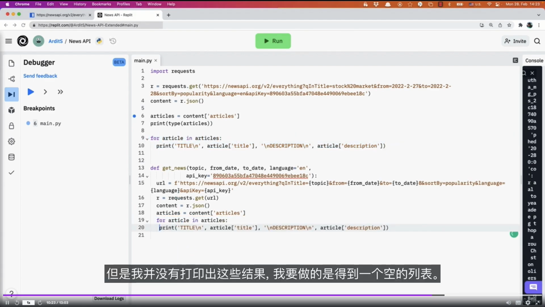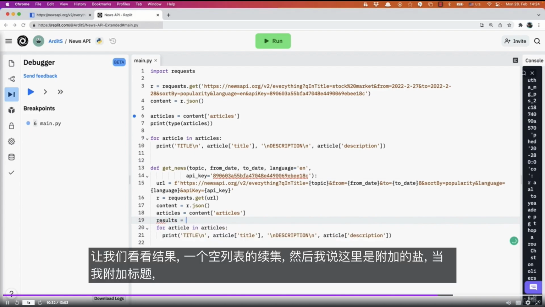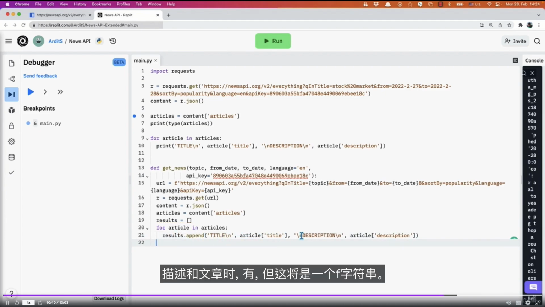But instead of printing out these results, what I'm going to do instead is I'll have an empty list here. Let's say results is equal to an empty list, and then I say here results.append. And then I append the title and the description and the article there. But this would be an F string.